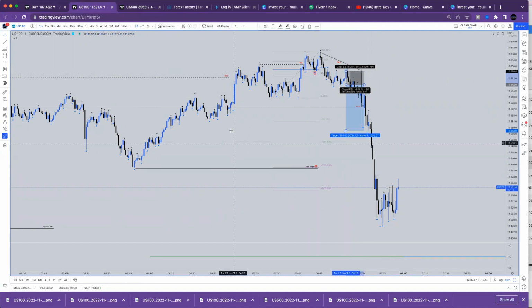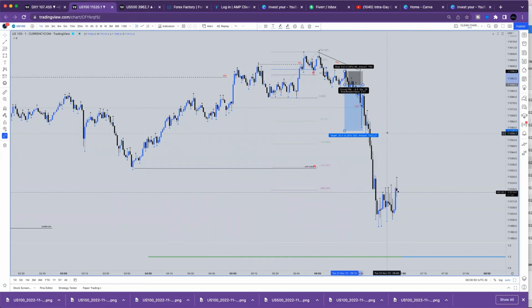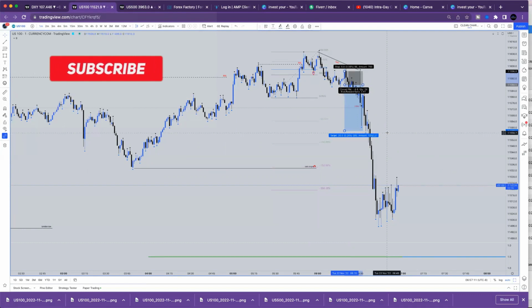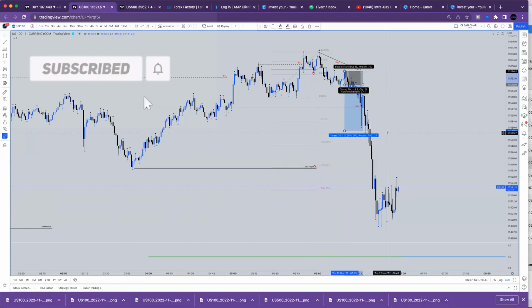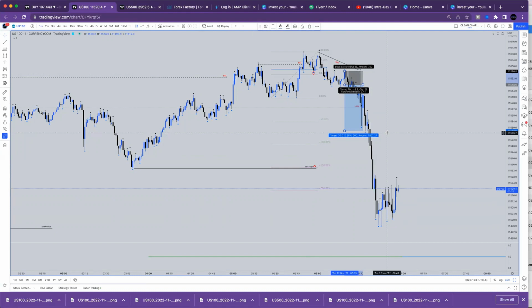But as you can see, the rest of the narrative that I had laid out for myself basically came to fruition. This is not a trade I sent to my community. I just feel like this week is not the best week, so I'm keeping my students safe, and anyone looking for signals from me, I'm making sure they're safe, and we don't engage with the group unless conditions are trustworthy and good. Not that we're in terrible conditions right now, but we're towards the end of the year. There's less smart money in the marketplace because they're probably on vacation, hanging out with their families and stuff like that.